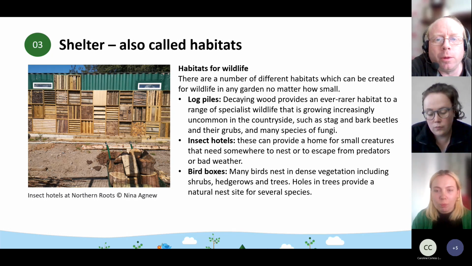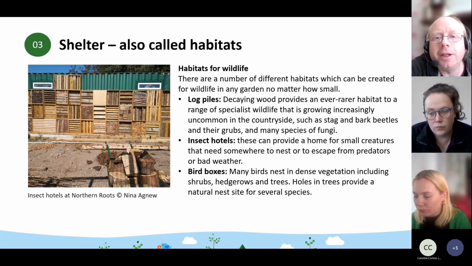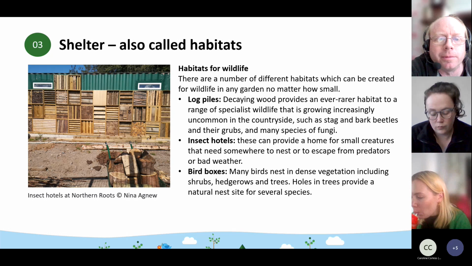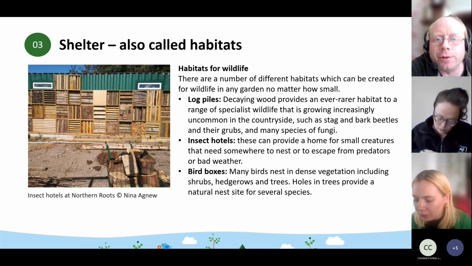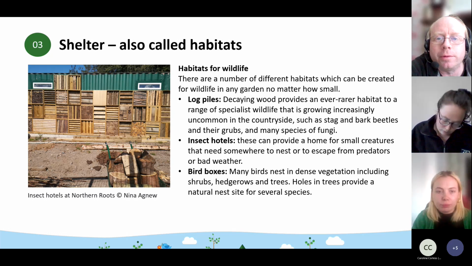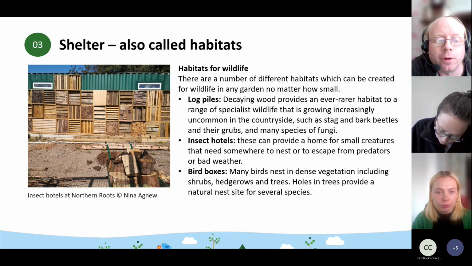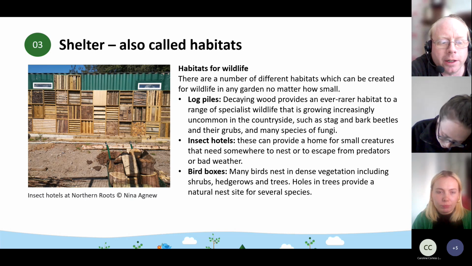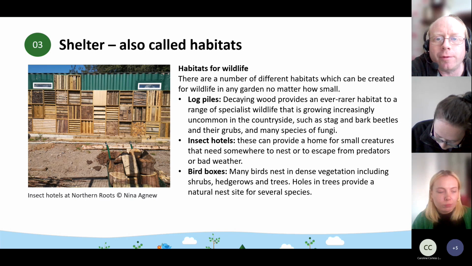So it could be a woodland if you're talking about a nature reserve and a big park, or it could be a tree if you're talking about a community garden. And all these things provide shelter and sources of food for the organisms we're trying to encourage to increase biodiversity. So if we think about the photograph we're seeing here, we're seeing quite a large bug hotel made out of recycled materials that have come out of a community garden. And these provide shelter and a habitat for insects.